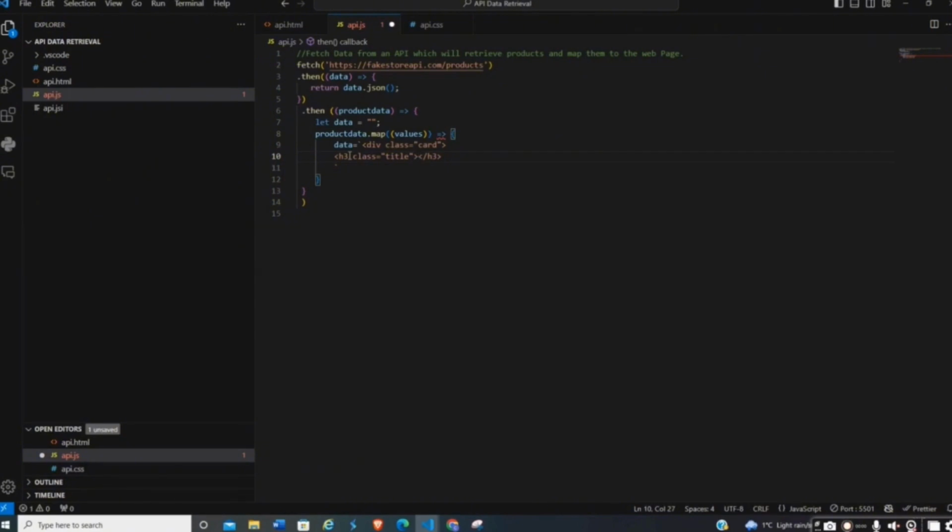So basically, we would need to retrieve the data based on the values contained in the API. But we know that the data contains a title, an image, a description, a category, and a price. So what we're just gonna do is